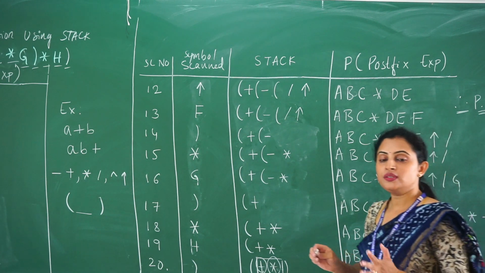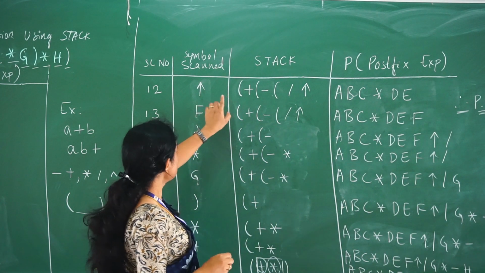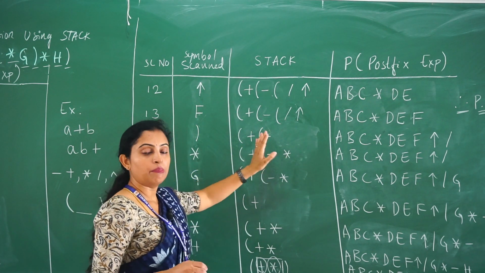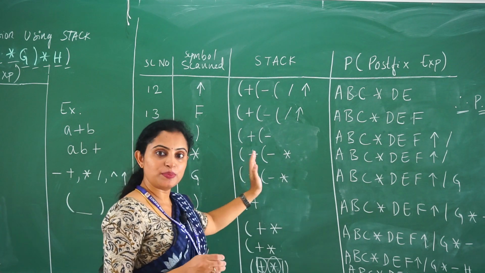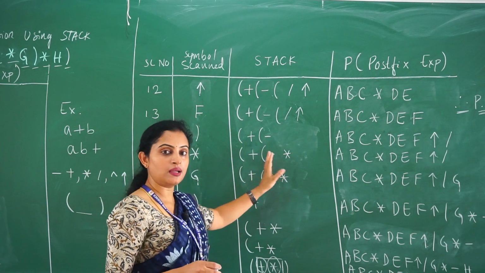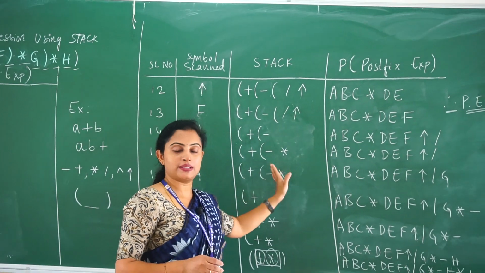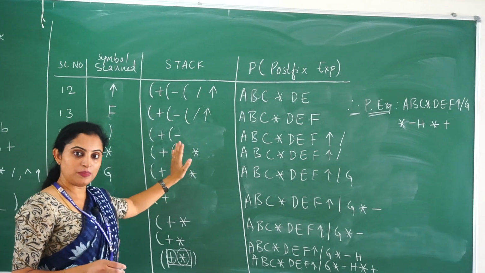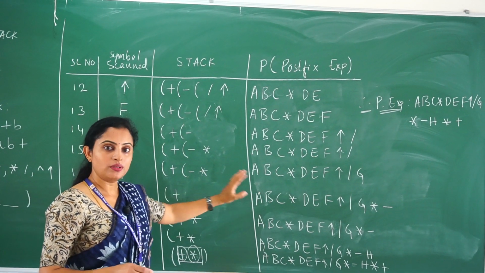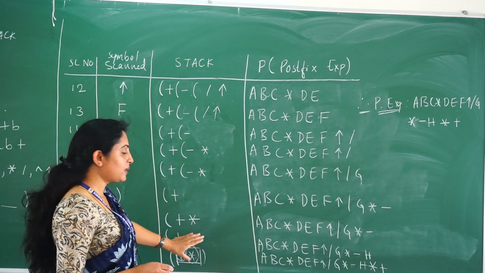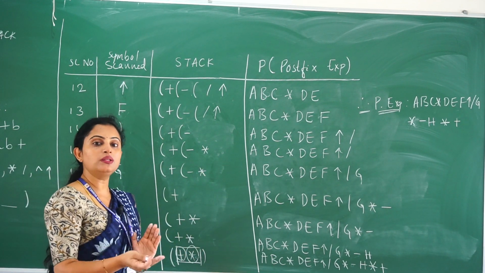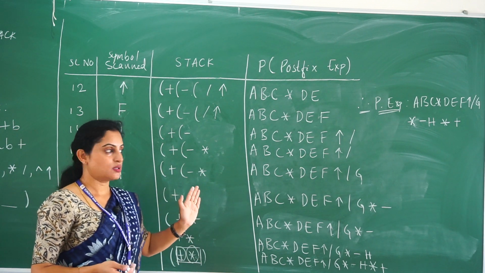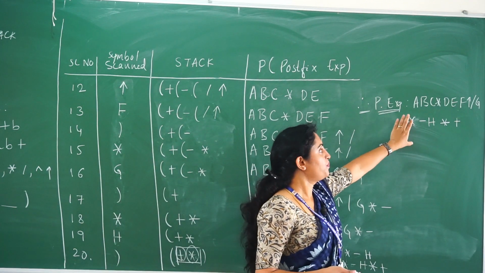So I repeat, whenever a left parenthesis is encountered, we have to push it inside the stack. Operators we have to push inside the stack by checking the precedence. Whenever a higher precedence operator is present in the stack, pop it out and keep it in the postfix, then place the lower precedence operator. Same precedence operators are also not supposed to be kept in the stack. One operator will be popped out, then we push into the stack. Whenever the right parenthesis is encountered, we have to pop out all the elements present inside the stack till the left parenthesis is encountered. So this is the obtained postfix expression.